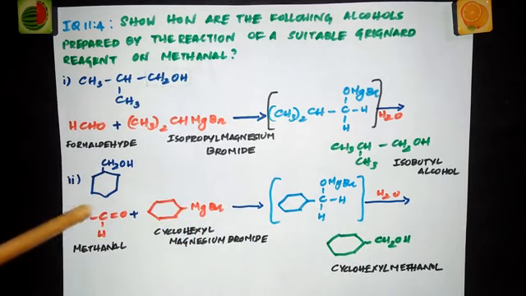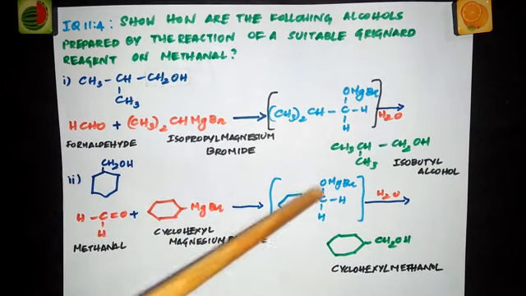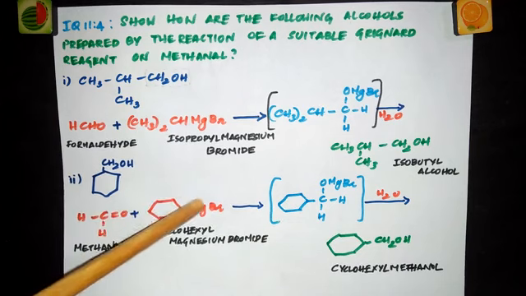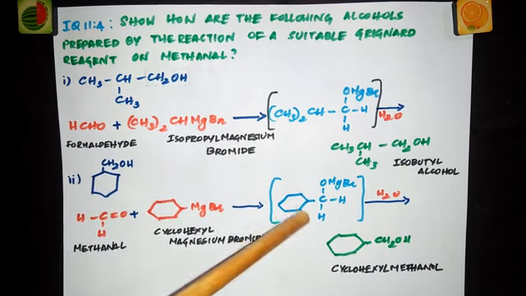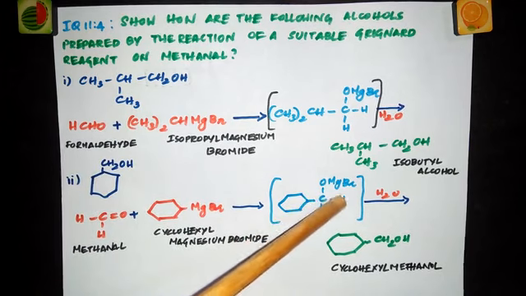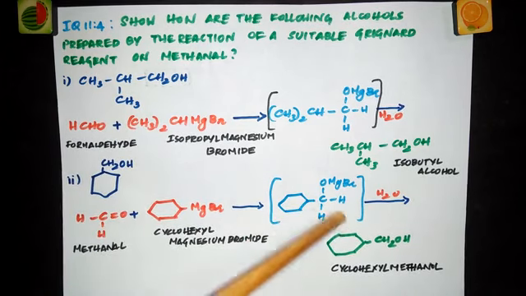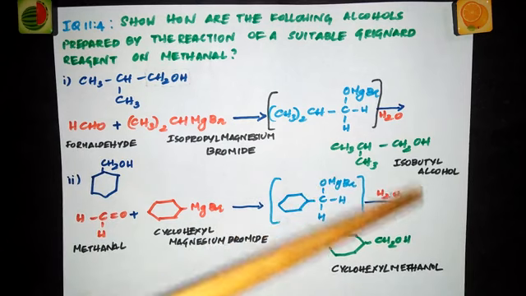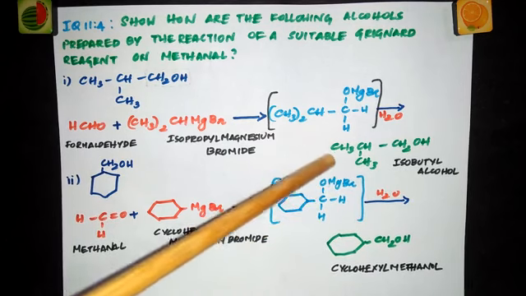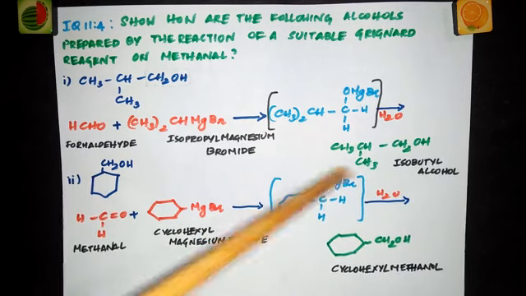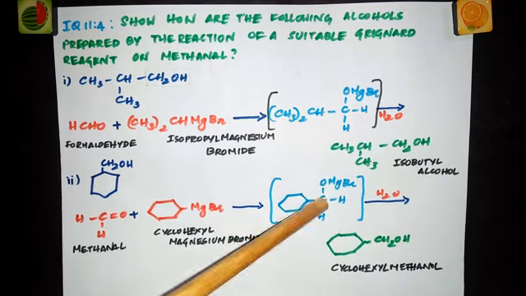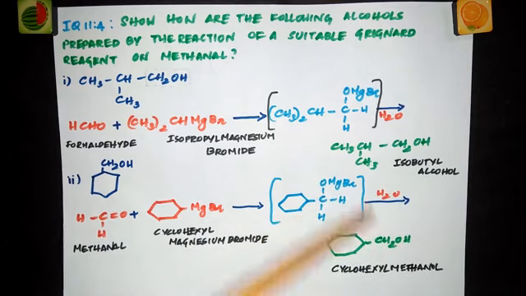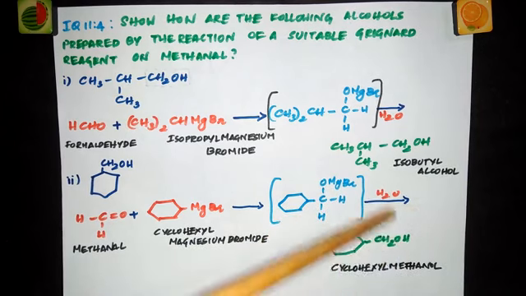Now you are going to treat this with methanal. What will be the addition product you will get? This MgBr will go with O and this will get attached to the C. So this C and two hydrogens in C are as such and OMgBr. Now we are hydrolyzing it. So you will get a cleavage here, OH, MgBr, OH. So this is cyclohexyl. This part CH2 will come here and OH. Cyclohexyl methanol.